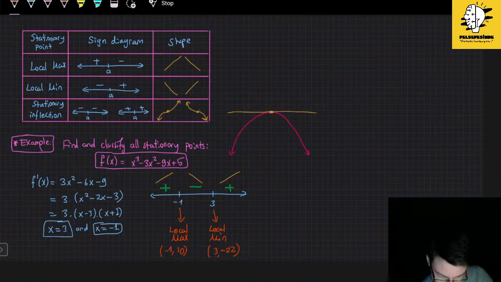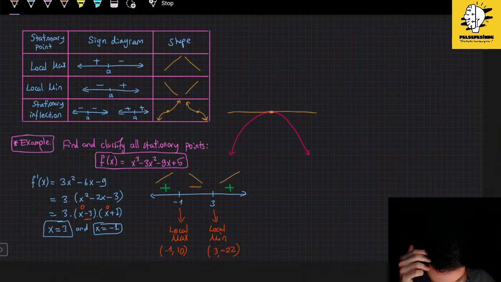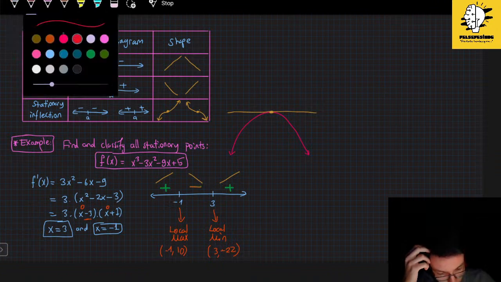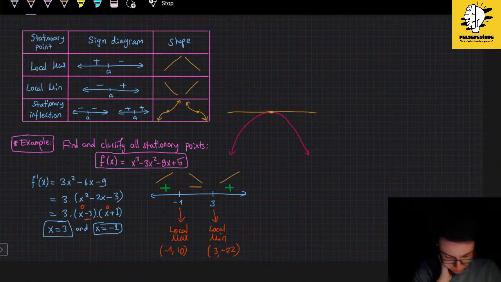Let's draw our sign diagram. When we draw our sign diagram, we have -1 and 3. When we assign values less than -1, we can see that it is increasing. The slope is positive. But if we assign, let's say, 0, it is negative, and the slope is negative. But after 3, let's put 4. If you put 4, it's going to be positive. So when we mark them,